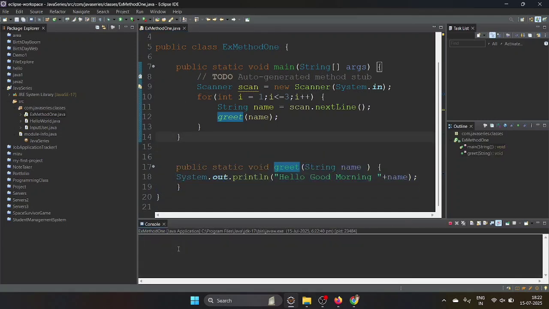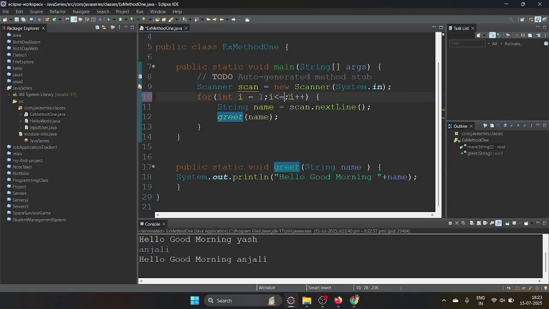Let's see what we will get. We need to enter the name. Let's take Miss Ba. If I enter Miss Ba, it will welcome like hello, good morning, Miss Ba. If I enter Ash, then hello, good morning, Ash, then here Anjali. See here, hello, good morning, Anjali, like that. We are putting it together, so no need to do it again. If you want to welcome 50 students, then here you will enter 50.